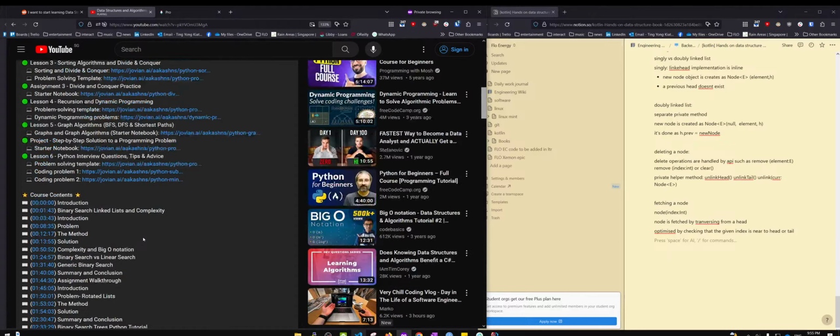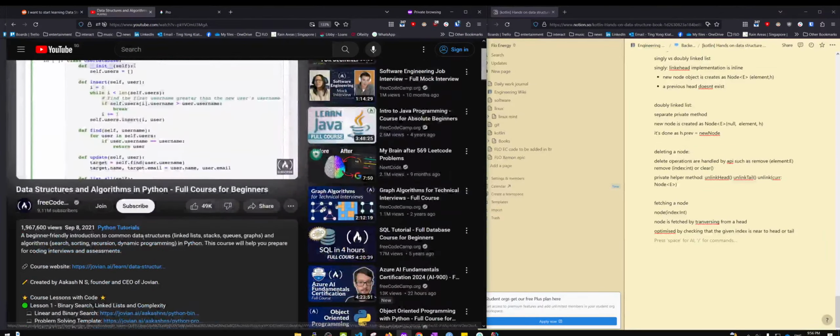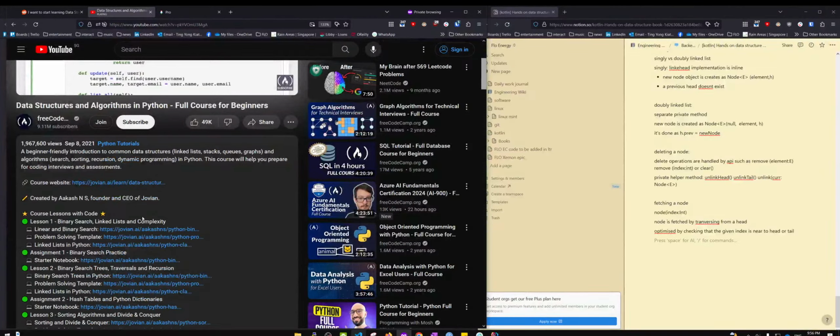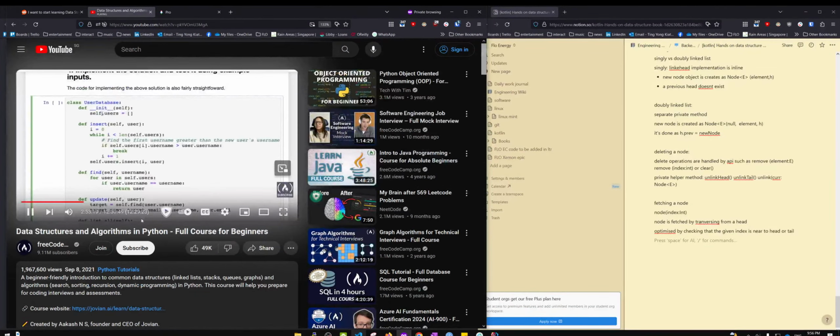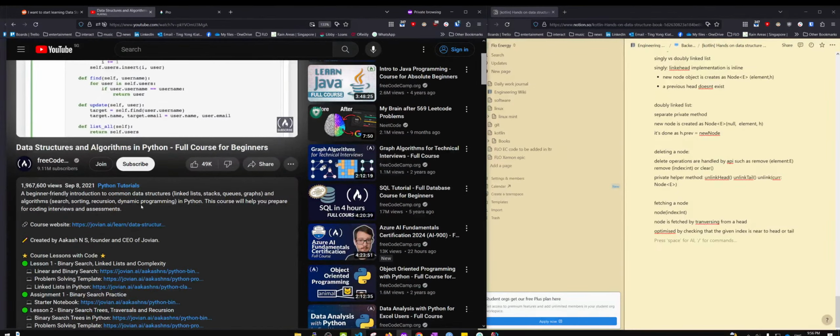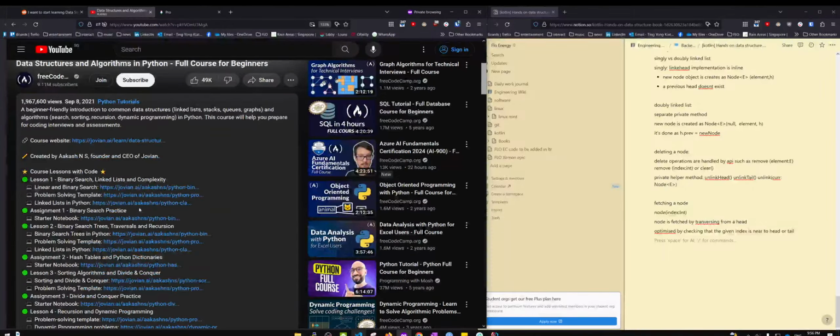So now we have the user database class. We are actually implementing this class. And here you see that we have a constructor, and the constructor does not take any additional arguments apart from self. And all we do inside self is set a property .users, and that property .users is set to an empty list. Then we come to insertion. So now assume that we already have some users in our user database. So we start out with a pointer set to